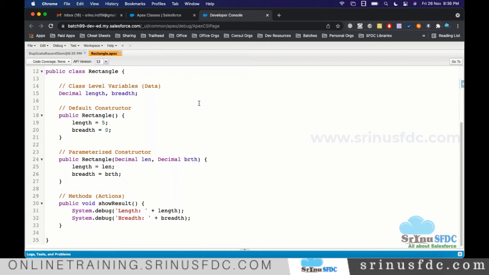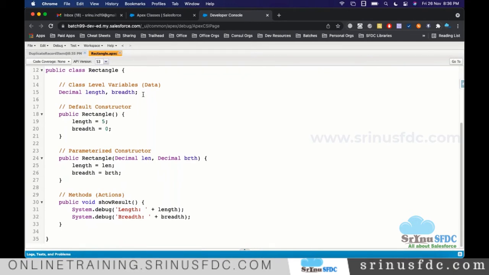Inside that, here we are defining two variables to hold the length value and breadth value. And at the time of creating the object, creating the object is like manufacturing a new car, right? At the time of creating the object, automatically the constructor will execute. We defined two constructors.